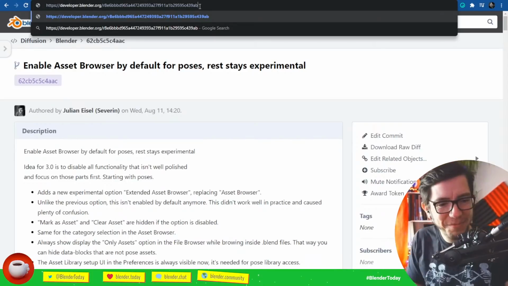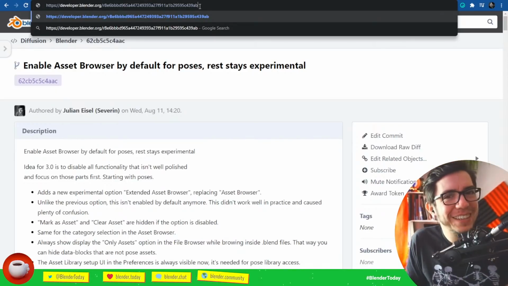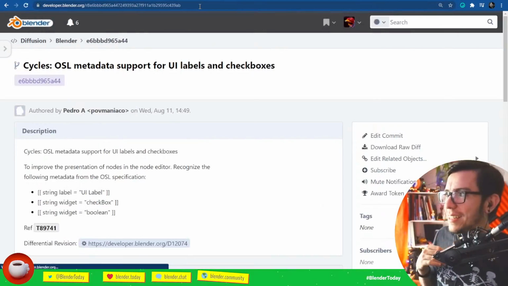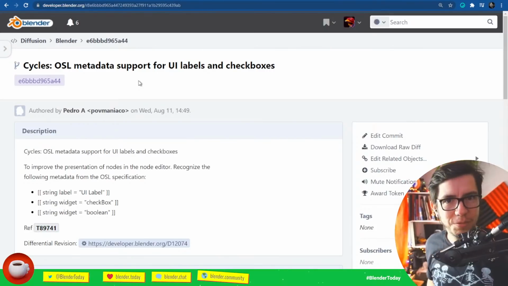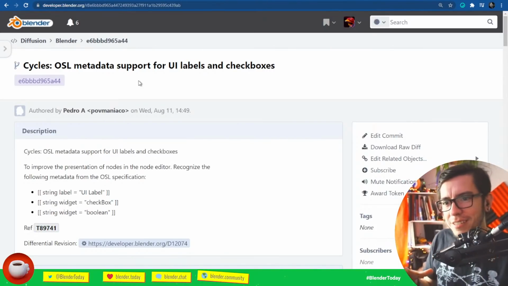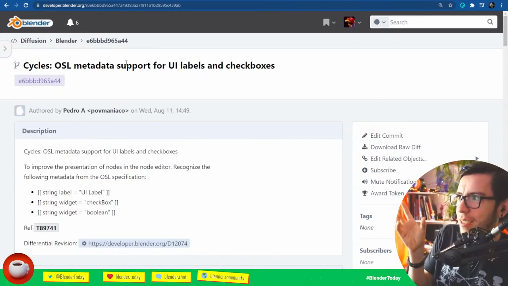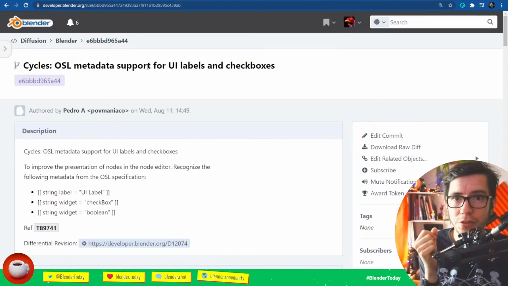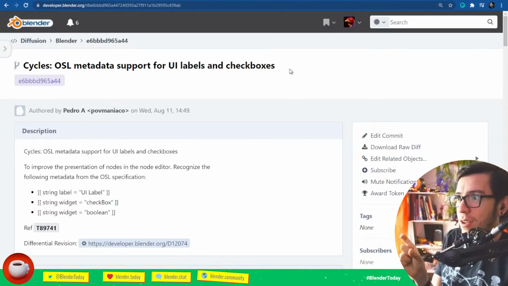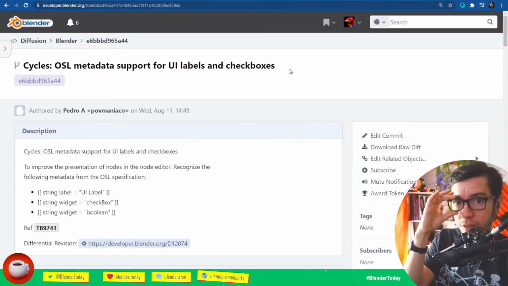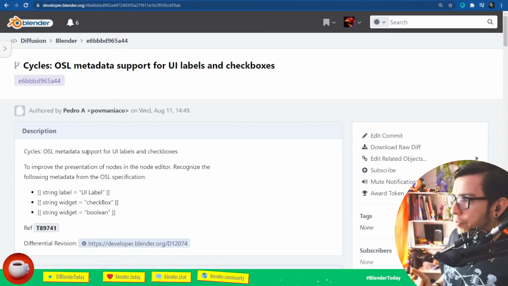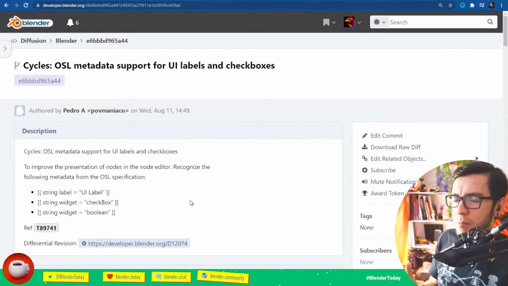Next improvement after that off topic is Cycles. Well, this is user interface, but it's related to Cycles. Why is it user interface? Because it's metadata support for changing the labels and the checkboxes in Open Shading Language nodes. This change is mainly aesthetics.